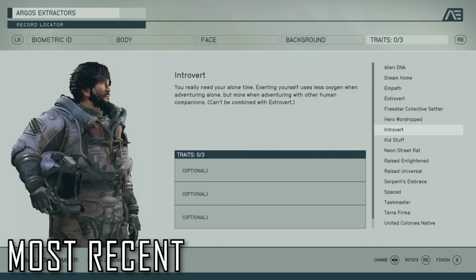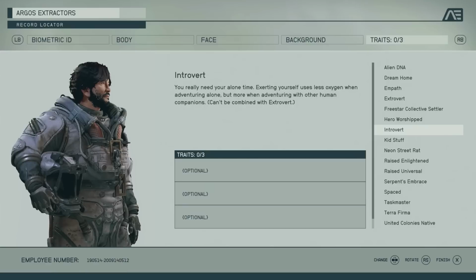Next is introvert, where exerting yourself uses less oxygen when adventuring alone, but more when adventuring with other human companions. And so you note that it can't be combined with extrovert, would be kind of conflicting if you were an introvert but an extrovert at the same time. So the safe assumption here is that the opposite would be true, that extrovert means less oxygen is consumed when adventuring with other human companions, and then more is exerted